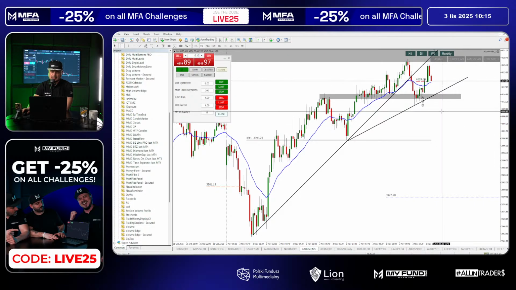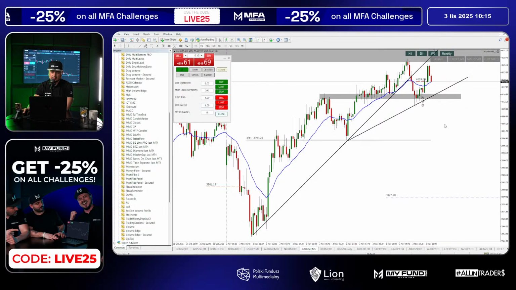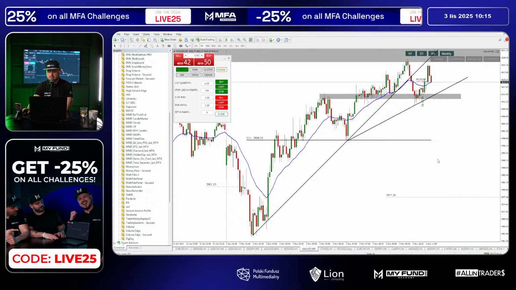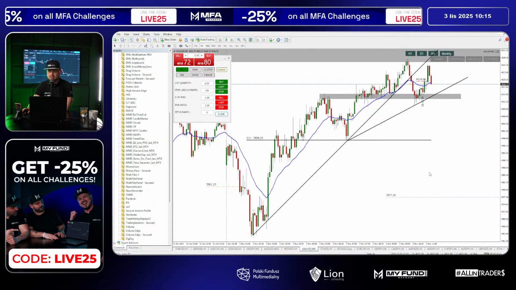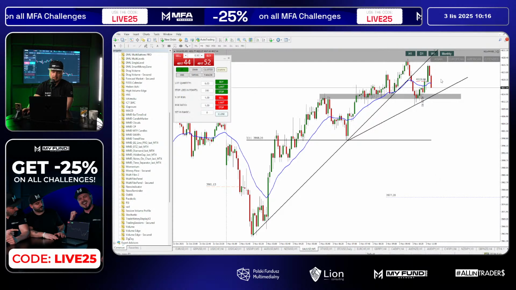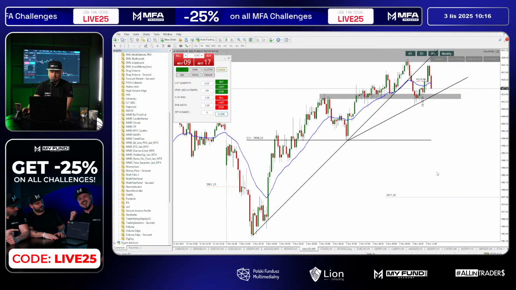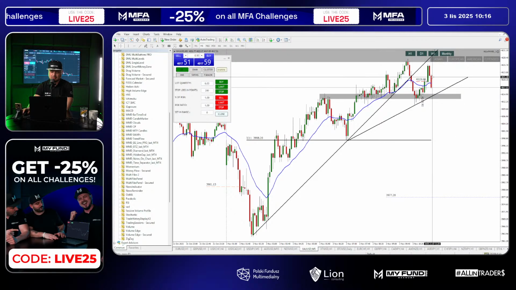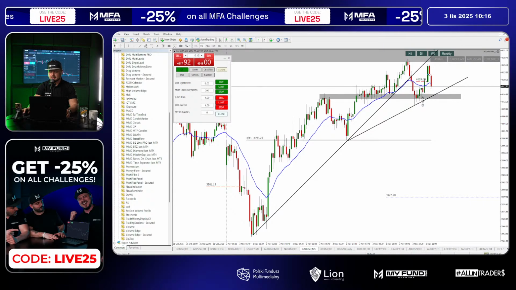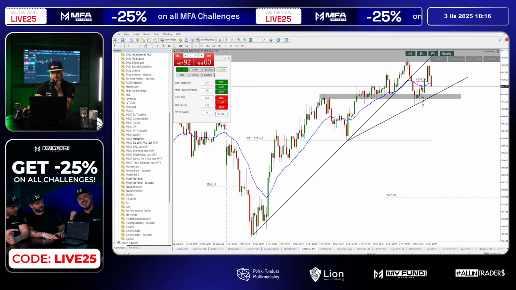Maybe sometimes it's better to set 1-to-1 risk to reward, because if you put a small stop loss on gold, they might just cut you out and then get to the target without you. So it's looking good. To be honest, I would probably be able to open a trade from the other strategy in this place, but this session is not about that strategy. So let's focus on all-in ASAP.